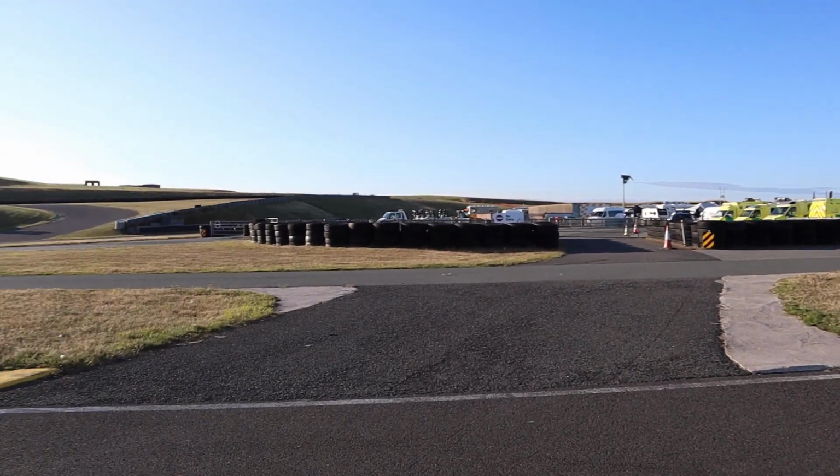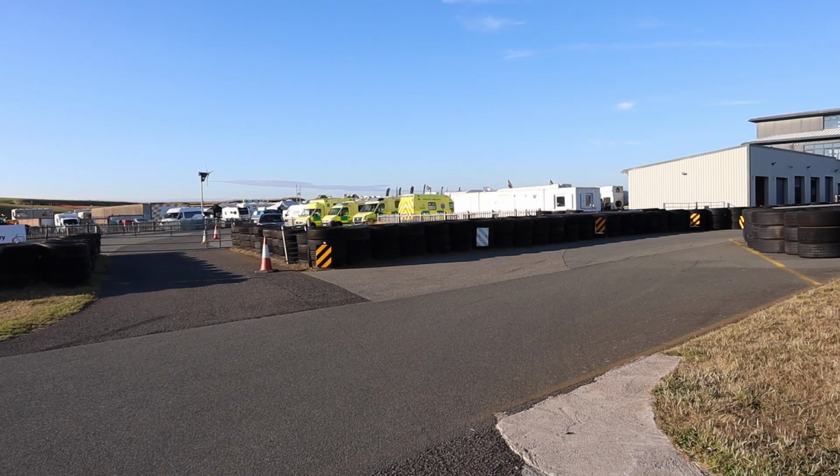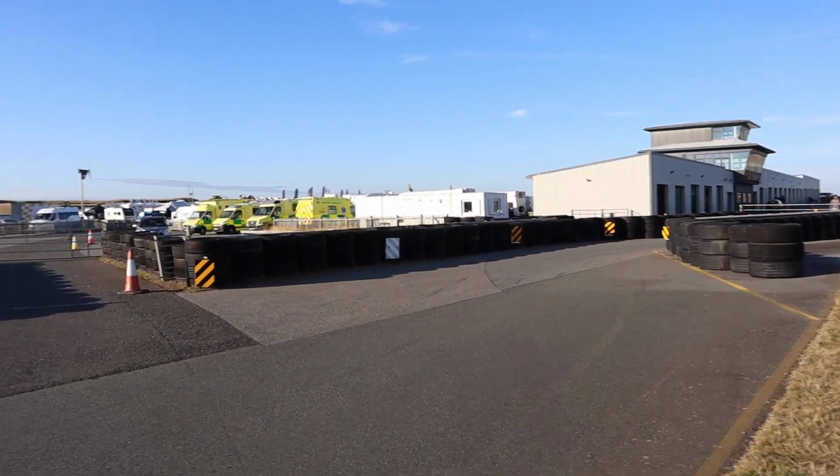But when you do the international configuration, they do have a massive straight, massive-ish I should say, and then there's a loop and you come back. So in the coastal configuration, we are not doing that part today. So let's go to the pit. This is the evening time. What I want to really do is